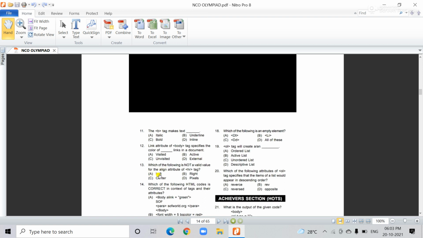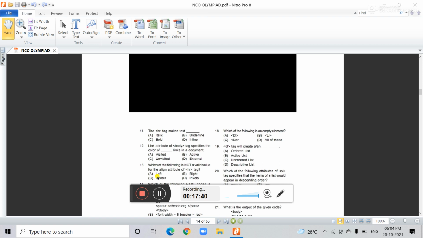For the HR tag, left is used. Next, right is also used, and the next one is center, which is also used. The last one is D, pixel. So left is used, right is used, center is used, but pixel is not used.